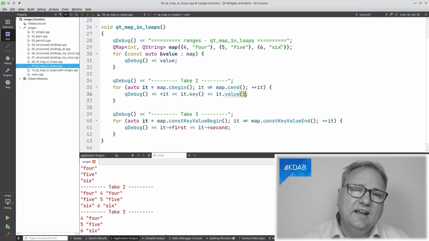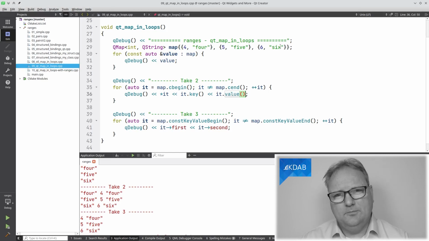But what the structured bindings expect is that you'll get a pair that it can unpack. And I don't get a pair here. So unfortunately, that doesn't work with my structured bindings. What I need is a pair when I iterate.